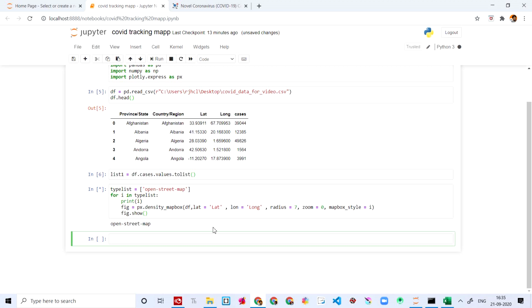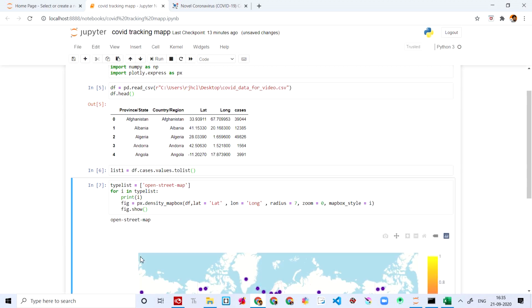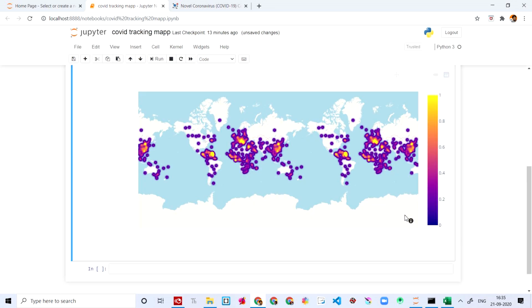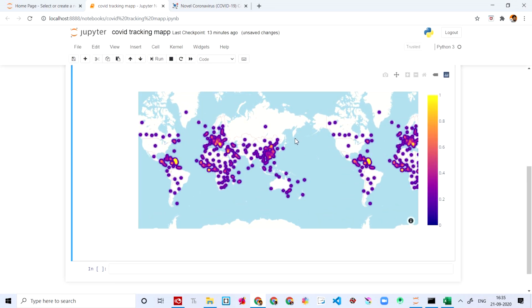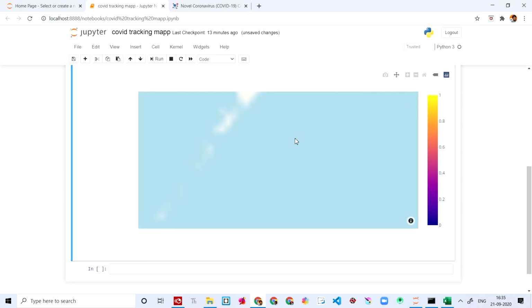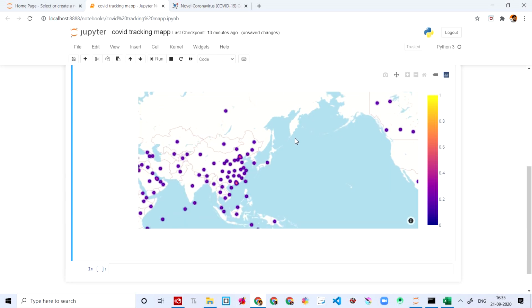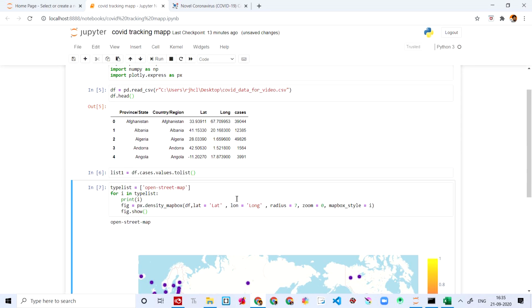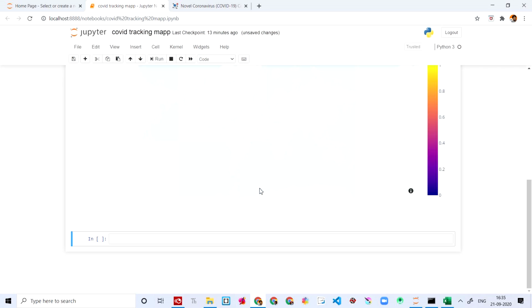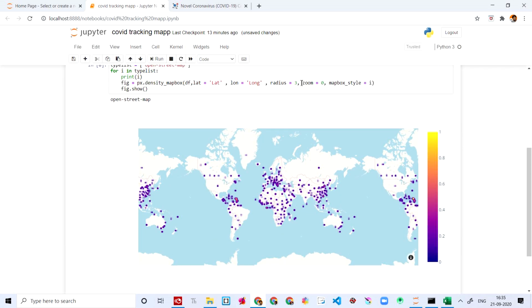Let's run this. OpenStreetMap. Okay, you see? You can just zoom in. That's absolutely fine. If you don't want the circle to be so big, you can make the radius 3. That's gonna be really small. You see? And now let's make it 10. Let's check it out.